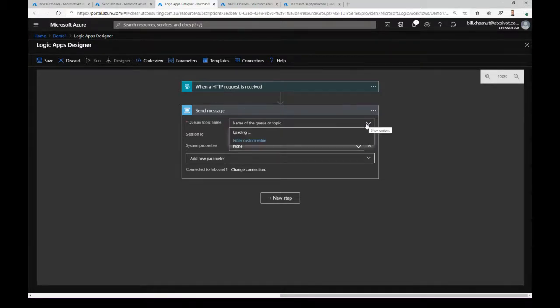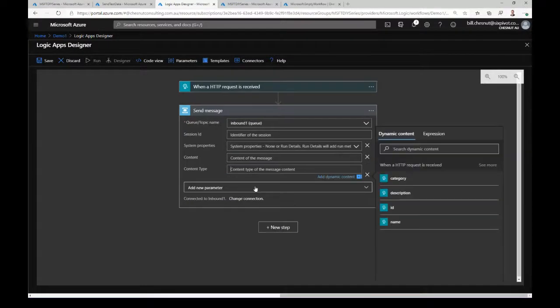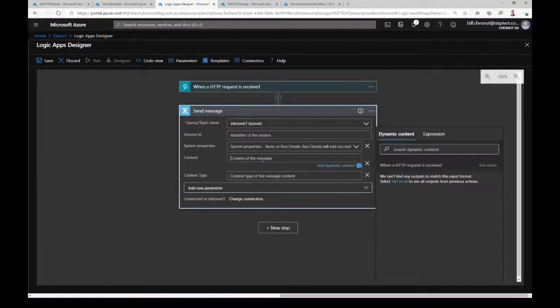I've got a connection set up in here, so I've got an inbound queue, and then I can set some properties, like system properties with the run details. In this particular case, I want to add a content type and content. The content of the message is actually going to be the output of